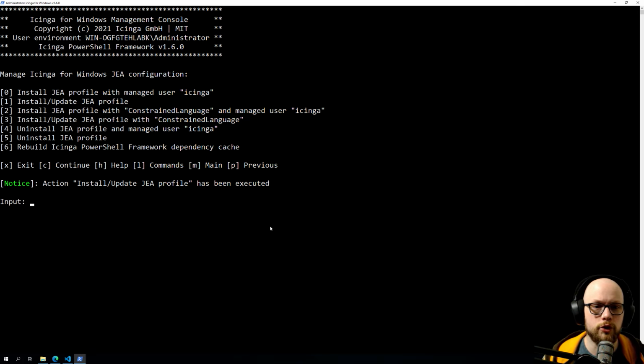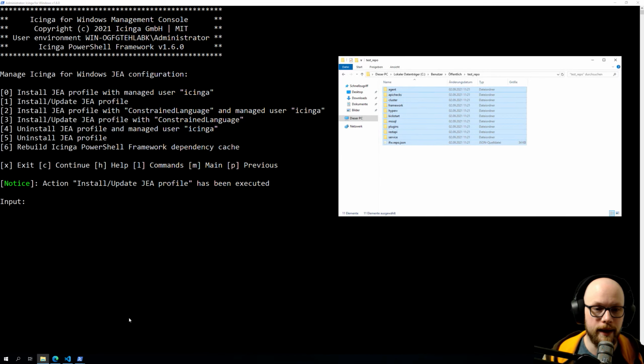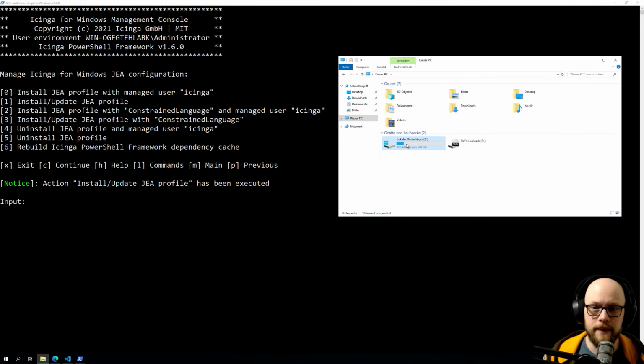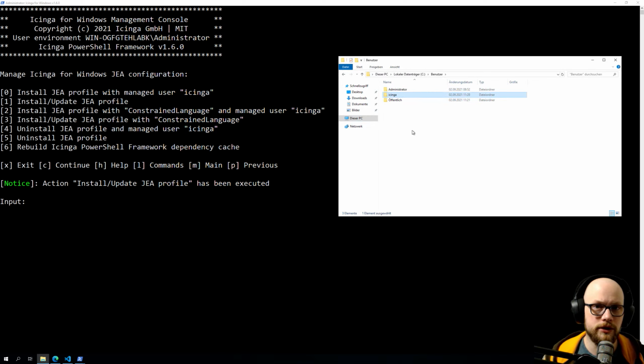But you can also create a profile by allowing script blocks, but you should review the scripts and modules before. So basically, we now have a user, and the user is called Icinga. That's a local user, and the local user is entirely managed by Icinga for Windows. There are some key facts that are required. So if you already have a user Icinga installed on your system, don't worry, Icinga for Windows will not touch